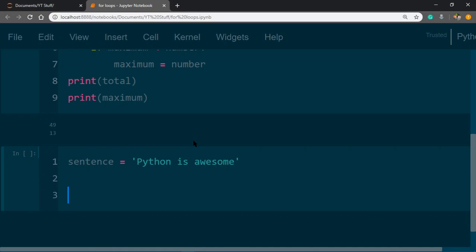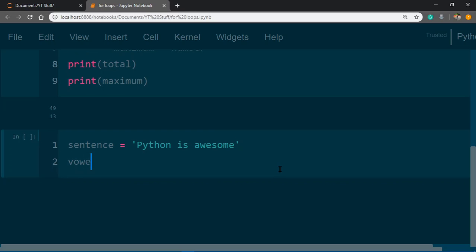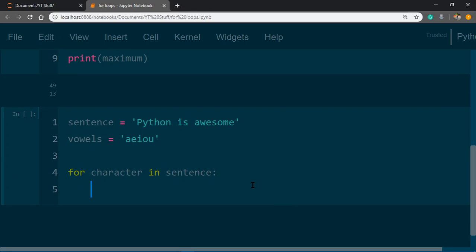Okay, and we're going to define another variable which would be vowels, and we would store a, e, i, o, u in it. Okay, and we'll say for character in sentence. So the iterable here is this sentence, "Python is awesome", and this is our loop variable, which we are going to check, and we can check it using the in operator. So we are going to see how this in operator works. We're going to say if character